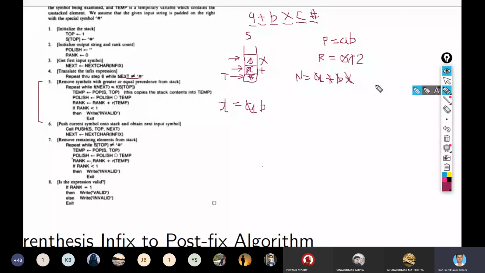So my next character is now C. And again I have to check the precedence function of next is 3 and the precedence function of the top of stack element is 2. So 3 is less than 2. So we will go to the 6th step. We will push it. So C will be pushed on the stack. Right, my top of stack would be now 4,